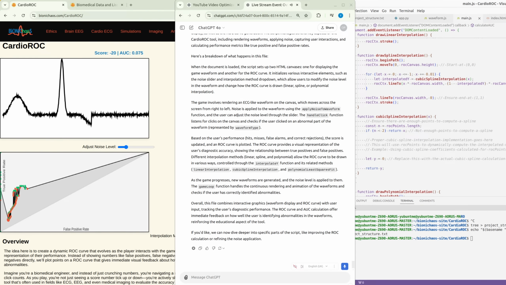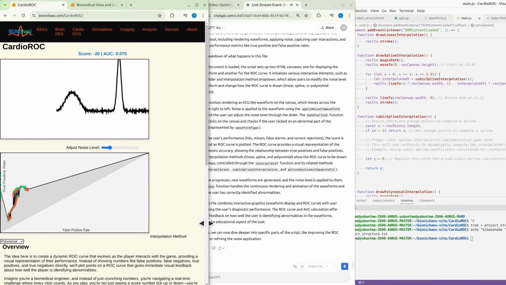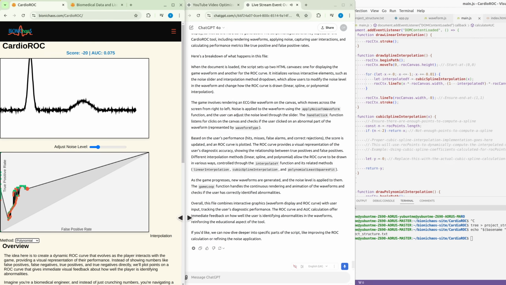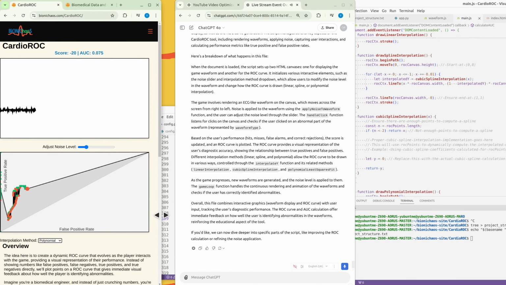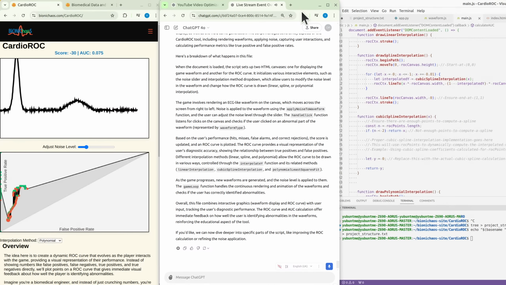As the game progresses, new waveforms are generated and the noise level is applied to them. The gameLoop function handles the continuous rendering and animation of the waveforms and checks if the user has correctly identified abnormalities. Overall, this file combines interactive graphics, waveform display, and ROC curve with user input, tracking the user's diagnostic